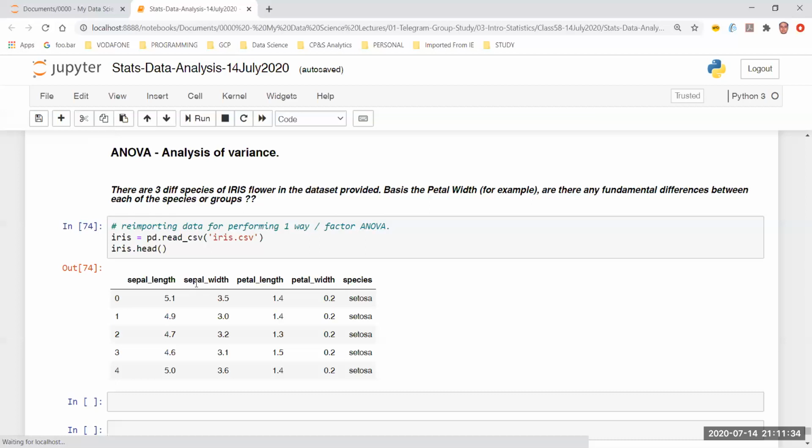The question we have is we are trying to test a hypothesis, and our null hypothesis is as simple as: the mean of the petal width for setosa flower is the same as that of the versicolor flower, which is the same as that of the virginica flower. Is that right or not is what we are trying to figure out. Our alternate hypothesis is that at least one mean is actually different from the others.